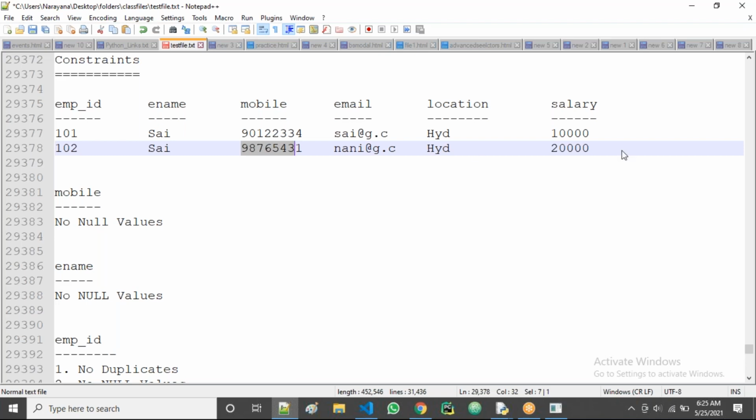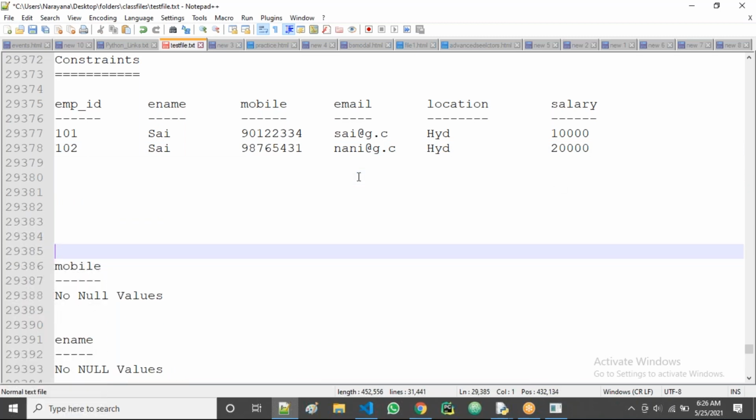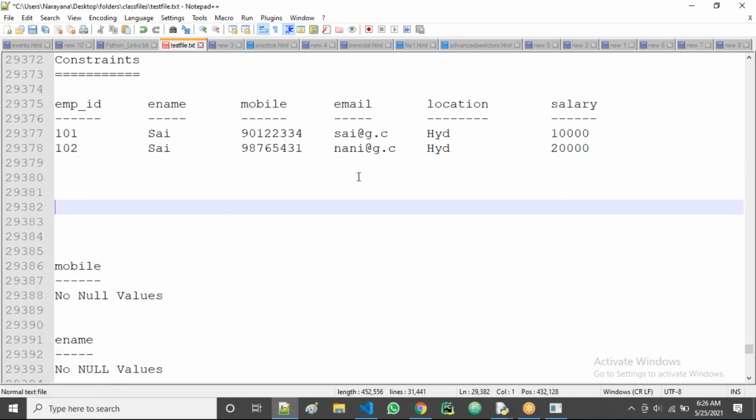Suppose in our class currently around 60 members are there. Do you people have unique mobile numbers, or do any two students have the same mobile number, guys?